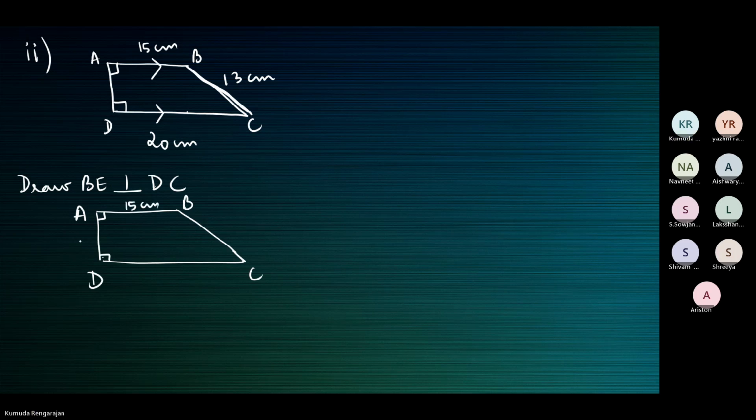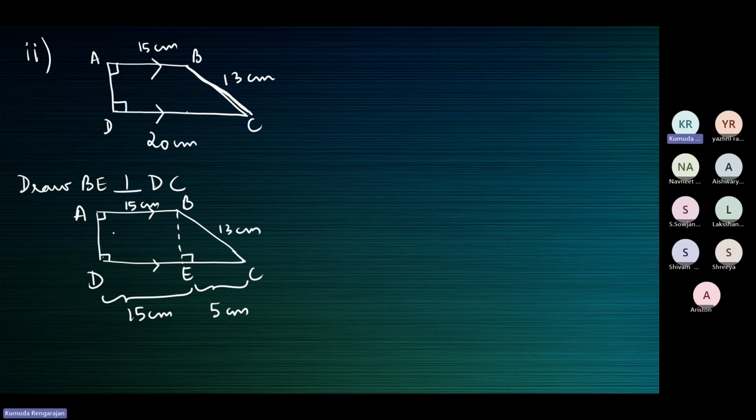So draw BE perpendicular to DC. Now opposite sides are equal. So DE will be 15 centimeters. What will be the rest of it? How much is EC? 5 centimeters. Because once after the construction of BE,